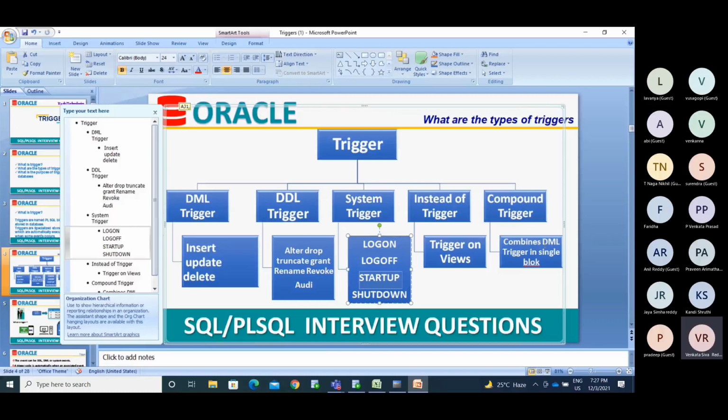In a similar way, with DML triggers, if you keep all the code for more than one trigger on the table in the same trigger body, we call it a compound DML trigger.